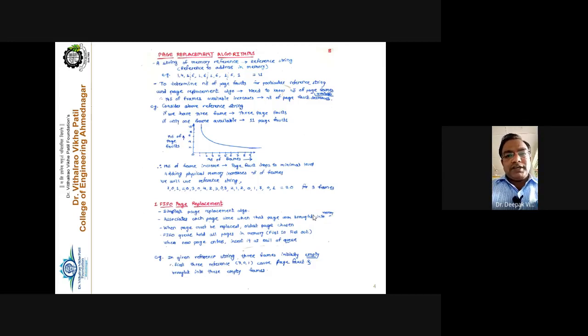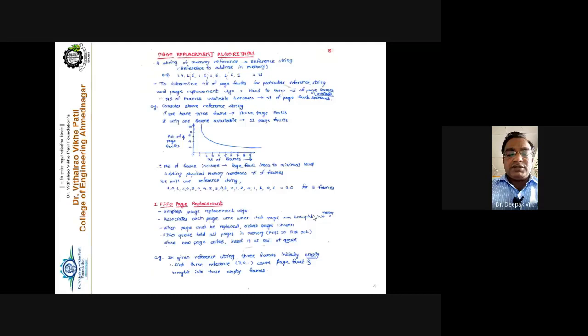But in the second case, if no free frame is currently available, all the memory is currently full, then there is a need for page replacement. For the page replacement, which page is to be selected for replacement is given by our page replacement algorithm, and that particular page is called the victim page. So there are n number of pages; out of these n pages, which page is to be replaced with the desired page, that answer is given by your page replacement algorithm.